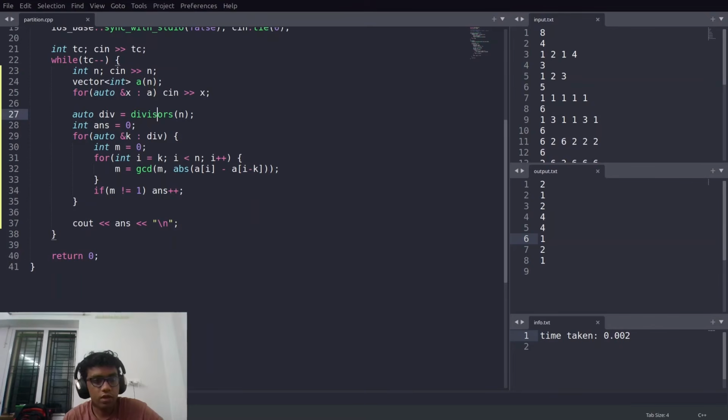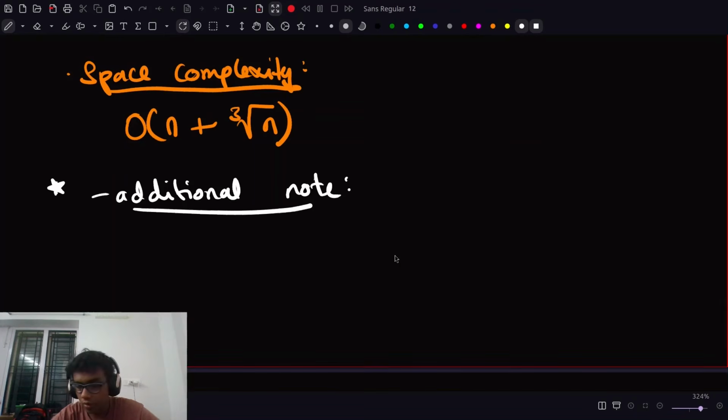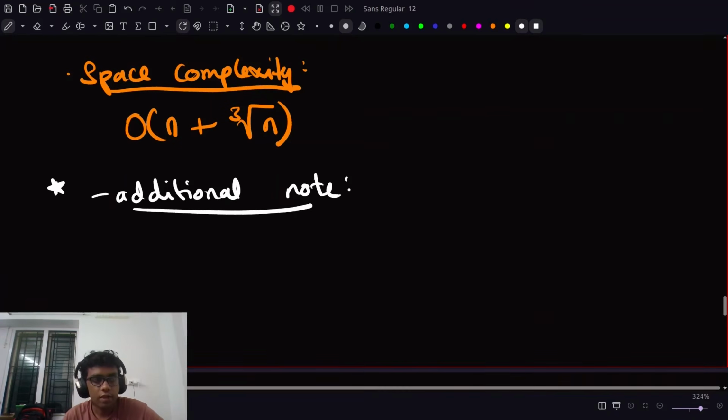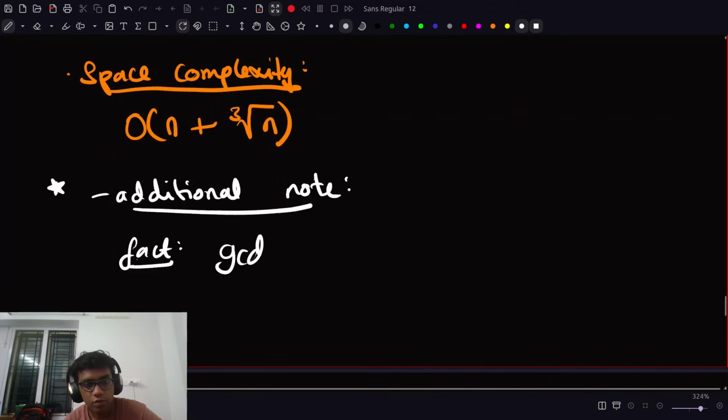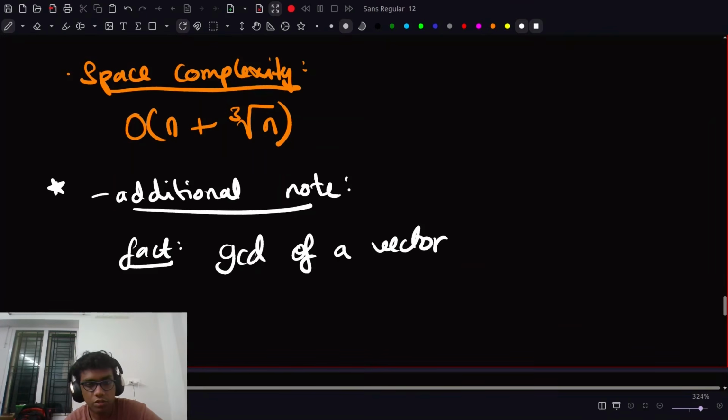So over here, for the vector of differences, we are just finding the GCD of this entire vector of differences. Basically there's a vector and we are finding the GCD of the whole vector. There's a fact which I will not prove here, but it's a known fact while doing time complexity analysis. The fact is that the GCD of a vector of n elements, so normal GCD, if we use the GCD function in C++, basically Euclid's algorithm for GCD, so GCD of a vector over n elements